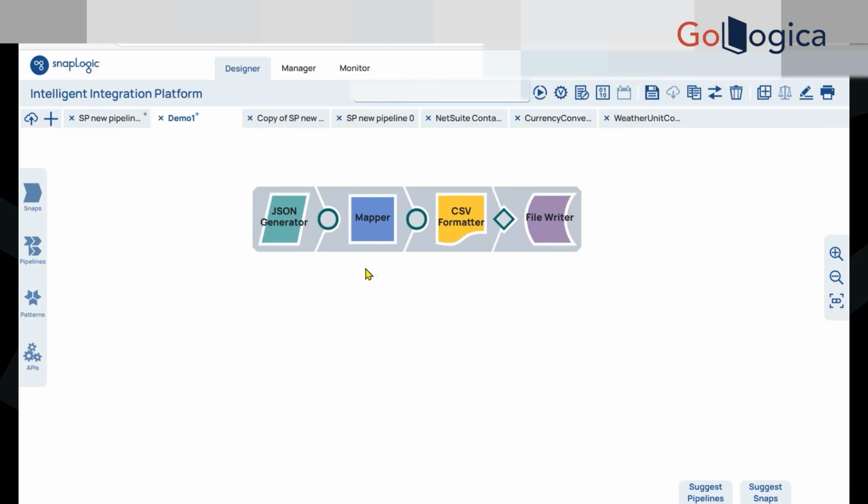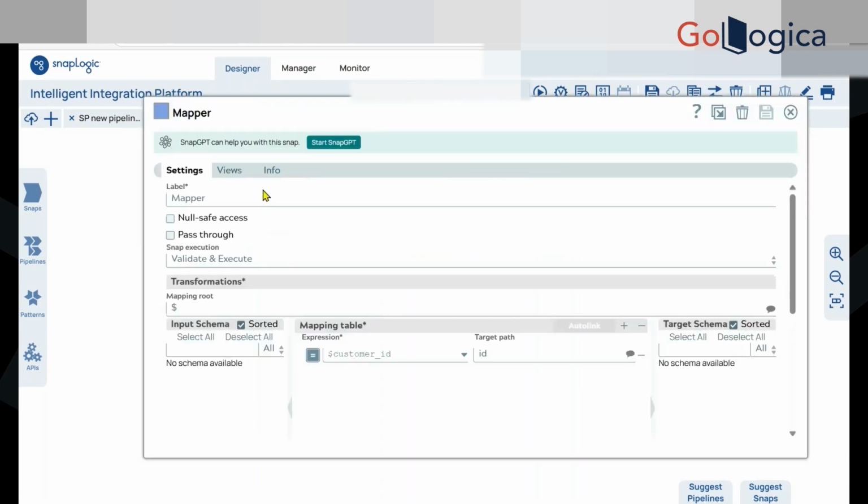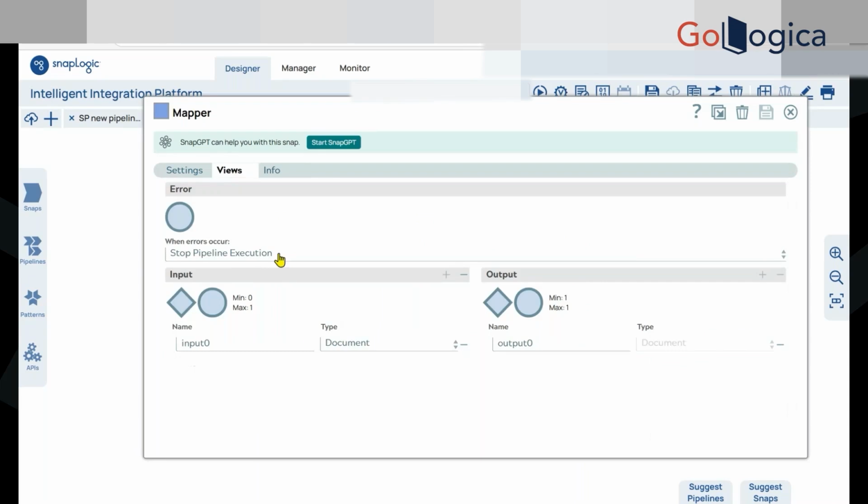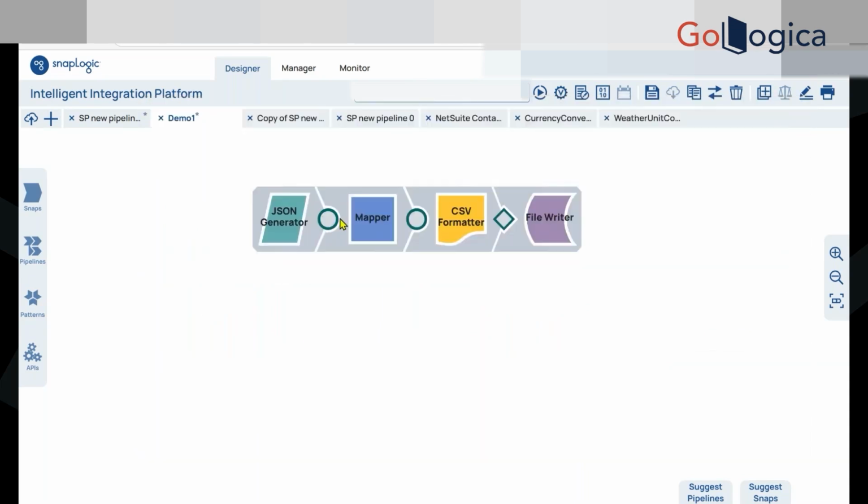And when we discuss views, you might have observed we have two types of views, right? We can see here, these two snaps are connected with a circle, and here we can see a diamond shape. This means the data that flows